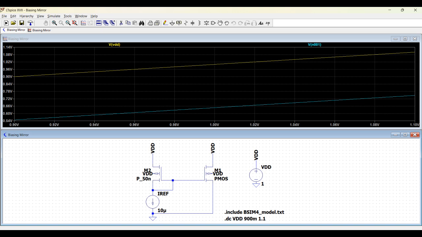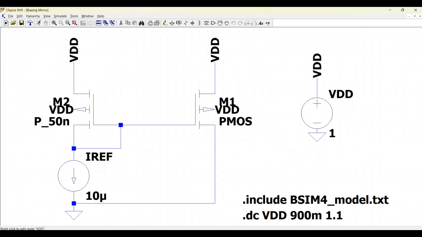Welcome to this channel. In this particular tutorial, we will be simulating the biasing of the current mirror circuit using the